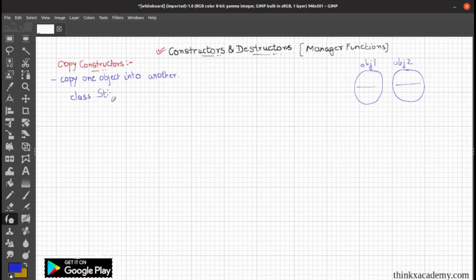Class student, our same example, and we will create private members. Float marks. In the public section, I will create a constructor student, and in this constructor I will initialize the values of the private section, 0, 0. So this is a default constructor,